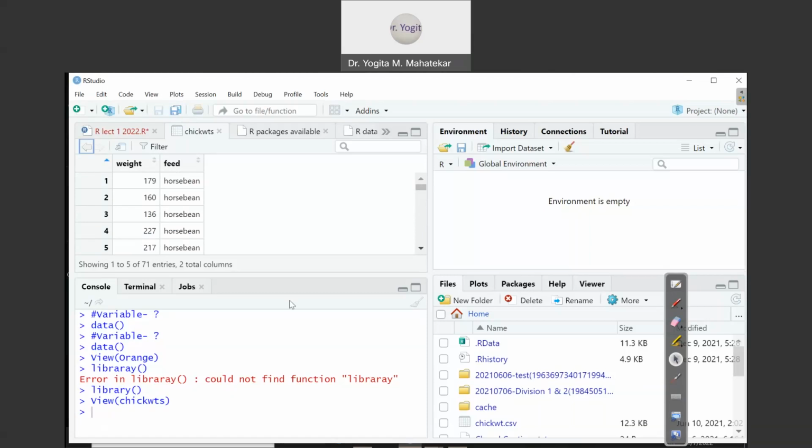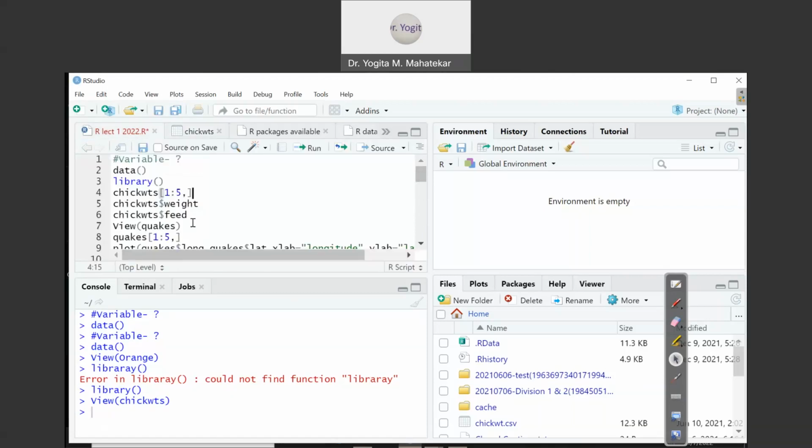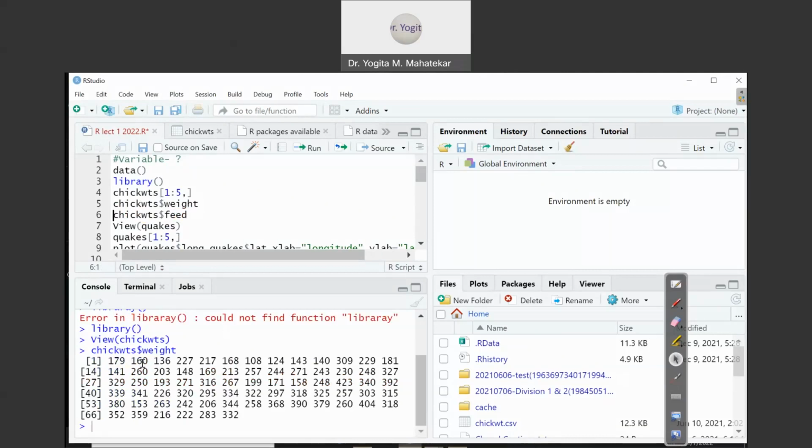These are a few commands we have seen just now. The next command, on line number 5, is chickwts dollar weight. If I go to that line and press Ctrl plus Enter, it shows us the first column, displayed as numerical data horizontally inside the console window. Concentrate on the console window. Here you can see there are a total of, I think, 66 chick weights recorded in the first column of the data.